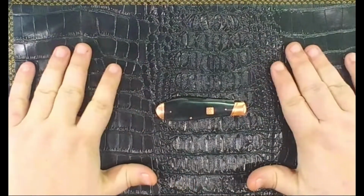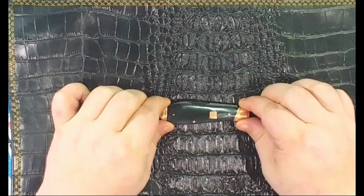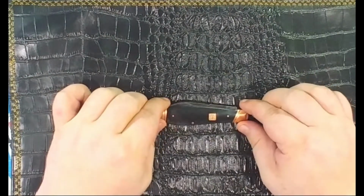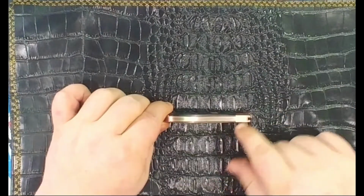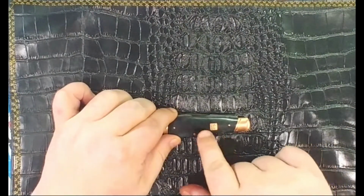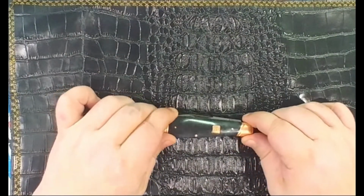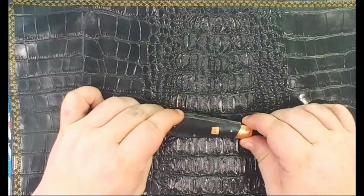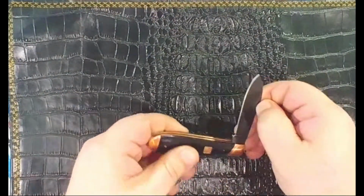I broke out the excellent alligator Hank to show off this new mid-tech traditional I picked up at Blade Show. Unbelievable. Just look at that. Copper liners, copper. Has the designer's initials on here. Just amazing. Amazing quality on this knife. Look at that. And the action is just...